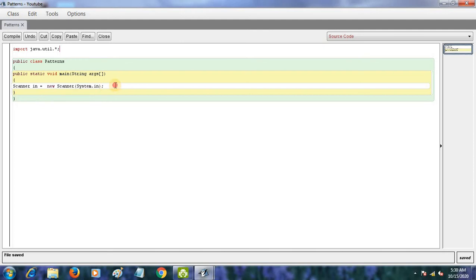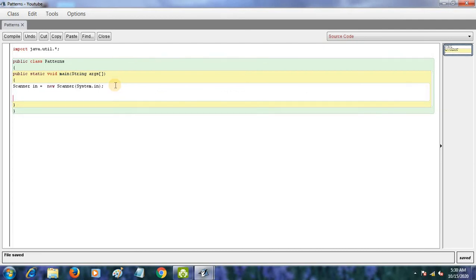So we have written our scanner. Now from here our program is started. So we will write int a. Int means integer, as you already know, because for this pattern you must know the basics.